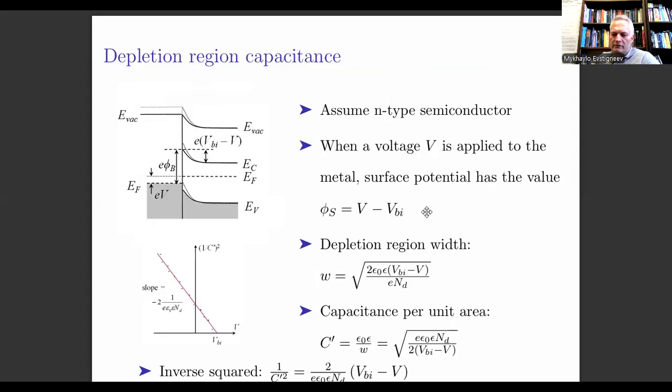Now I would like to describe a powerful technique to learn something about the semiconductor, in particular, to measure experimentally the built-in voltage and the doping level by performing the capacitance voltage measurement. So if you have a rectifying metal semiconductor contact, this means that there is a depletion region, and that depletion